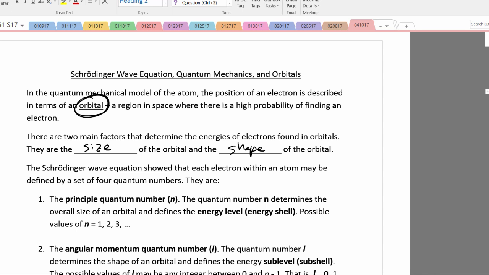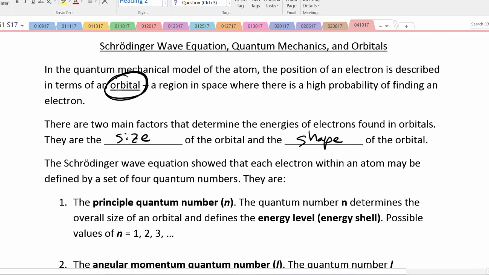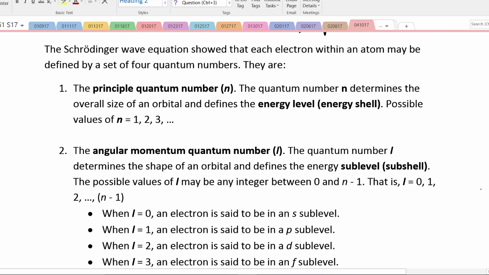So again, the larger the orbital, we could say, what does it mean? More energy. The more complex the shape, what does that mean? More energy. So again, the complexity of the shape and the size of the orbital both go into determining their energies. And so you need to remember those two as we start looking at our electron configurations here towards the end of the hour. So now the Schrödinger wave equation,